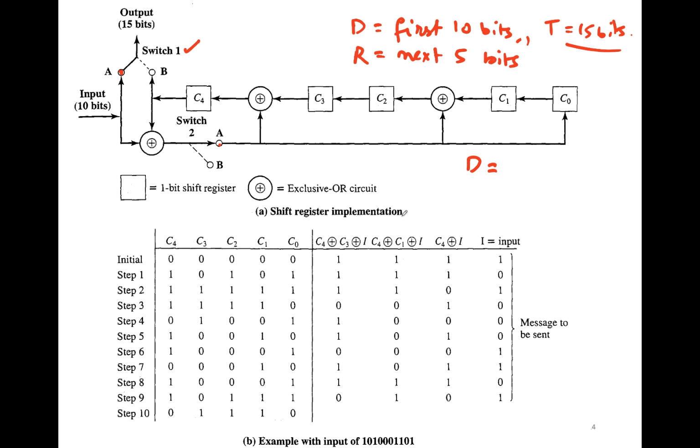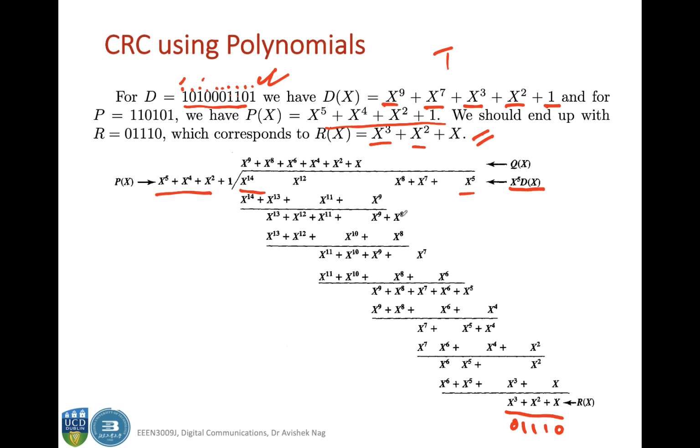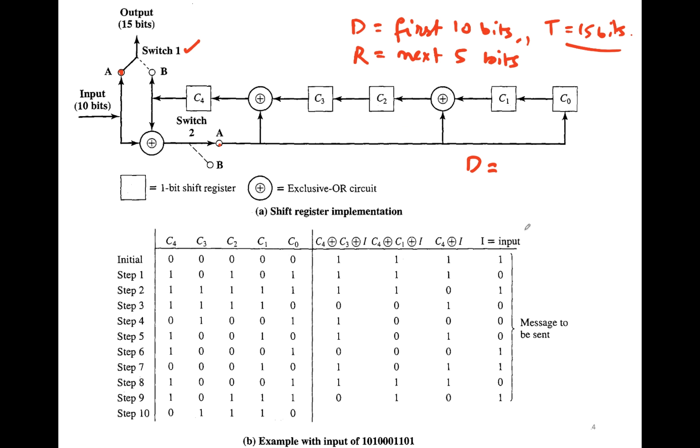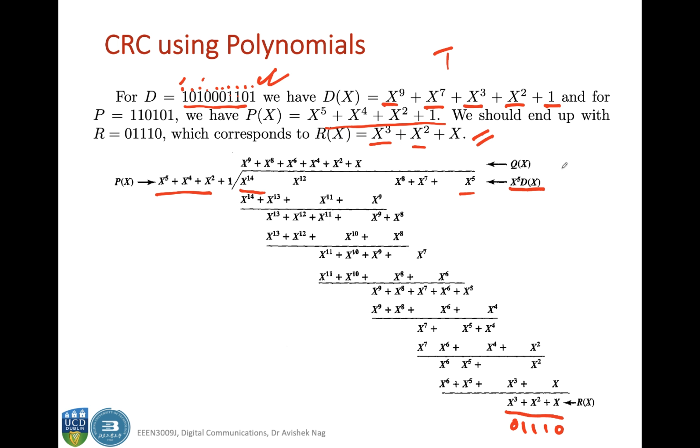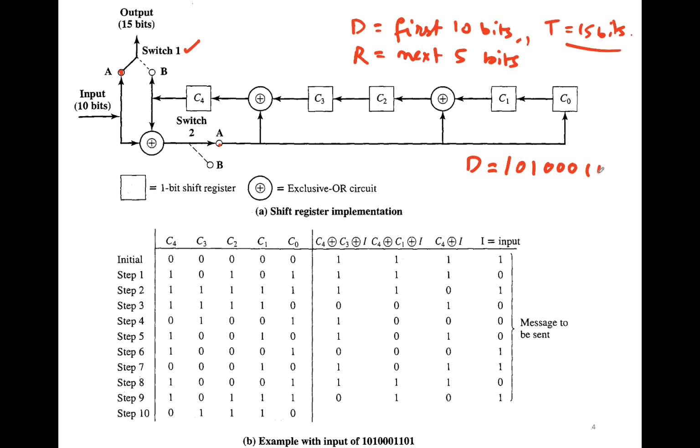was actually, let's say, 1 0 1 0 0 0 1 1 0 1. So this is your input I. You can see your input is 1 0 1 according to this, and then this is the first 10 bits. So when this is going through this circuit,